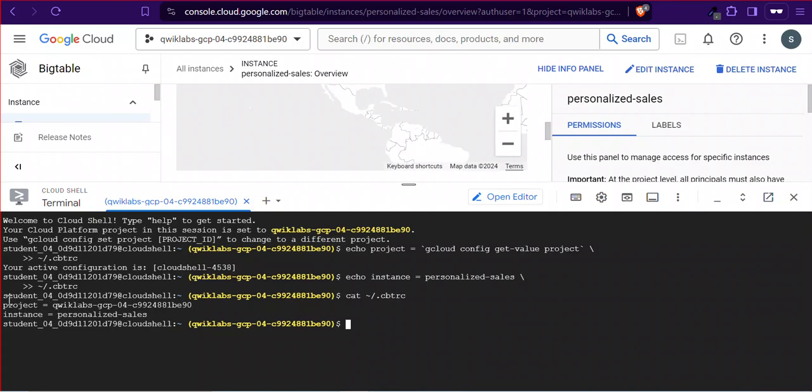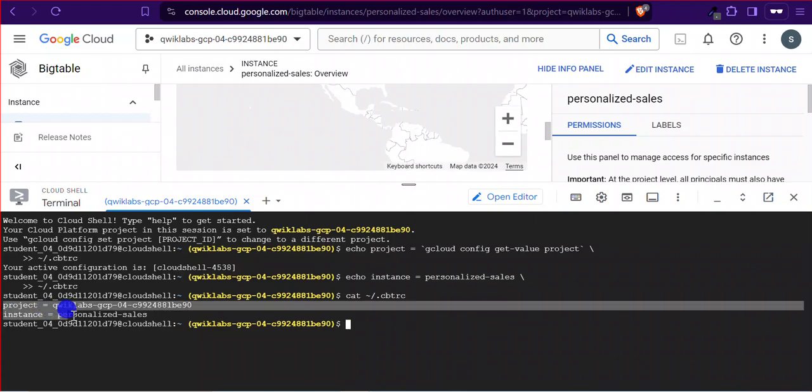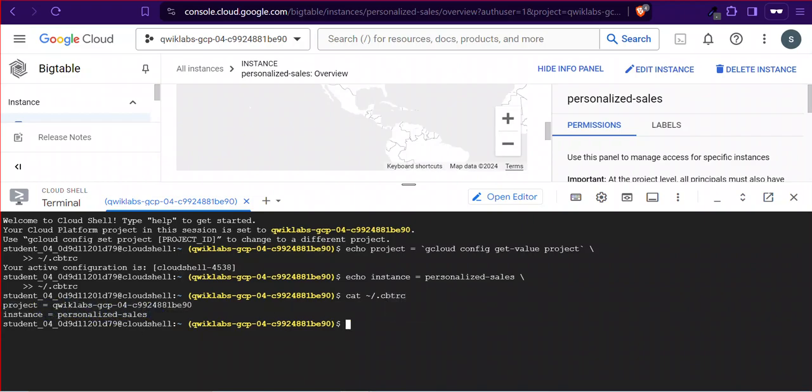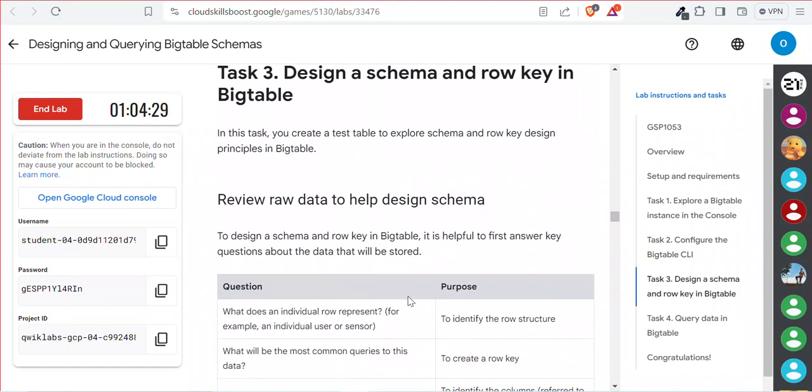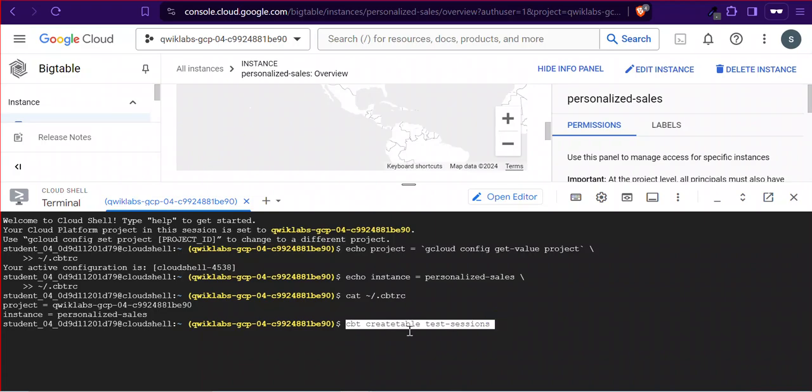You can see that our project and instance are saved in .cbtrc, so our configuration is completed. If you want to create a table, then use cbt, then createtable and the table name, and press enter.